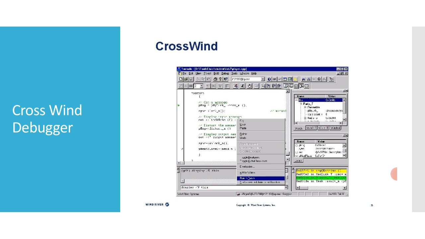This is the CrossWind debugger. The remote source level debugger, CrossWind, is an extended version of the GNU source level debugger, that is GDB. From your development host, you can use CrossWind to spawn and debug a task on the target system, or attach to an already running task, whether spawned from your application, from a shell, or from the debugger itself.